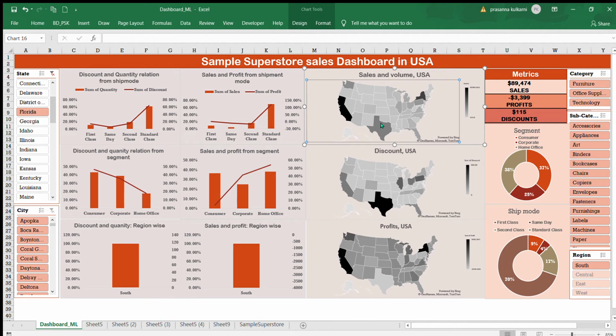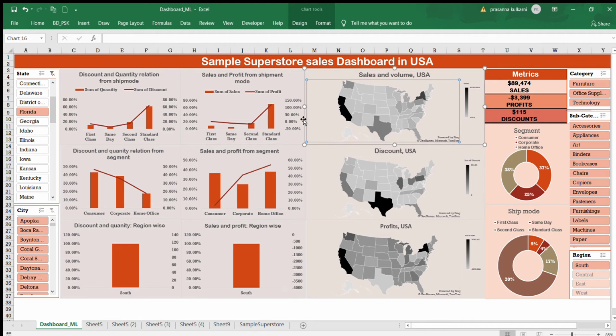Well, actually, Texas is not a small state. It's a big state where a huge population is there. We can consider different strategies for the state of Texas, so that we can get an optimal amount of revenues with minimal discounts and maximizing profit year on year. That will be helpful for the superstore. When it comes to California, we can see that the sales are high, the discount given is minimum, and the profits obtained from California are huge. The same strategy and the same products can be marketed and campaigned over this state also, that is Texas, and the